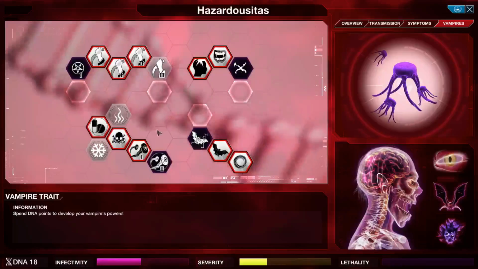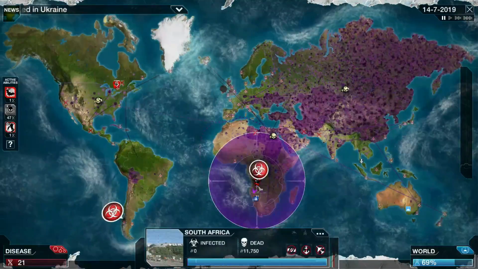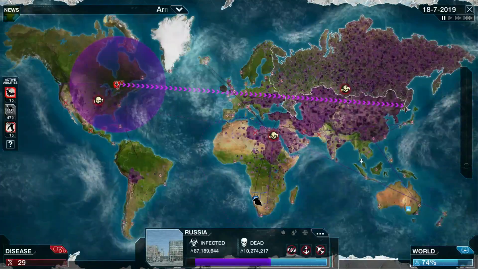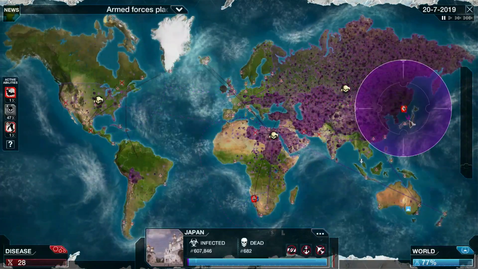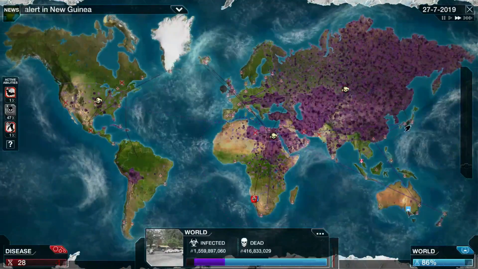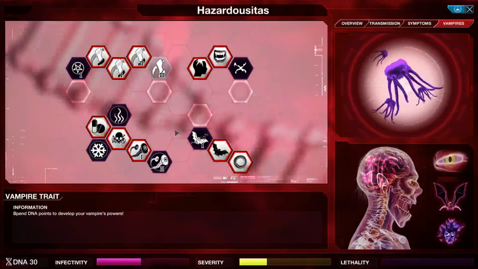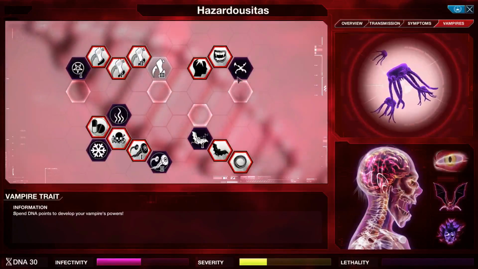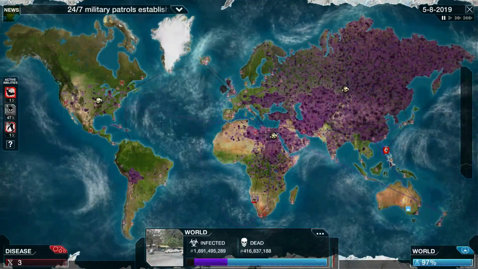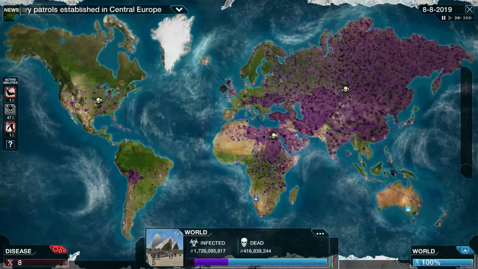Okay, so I can only go to there right now. And what I'm gonna do is I'm gonna bring you over here, and you are going to focus on taking out that base. And they're so close to curing my disease. Let's get that and that. Giving it a little bit of an increase at which they fly, and also...